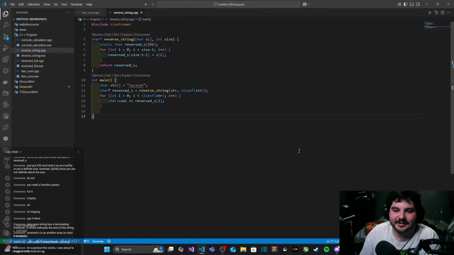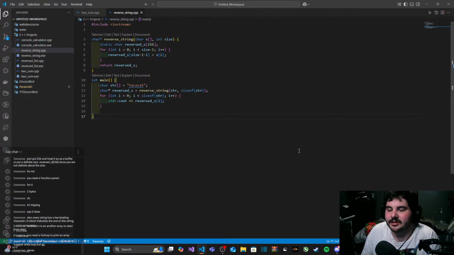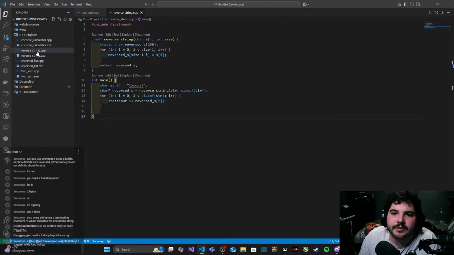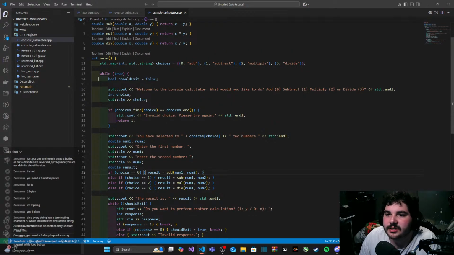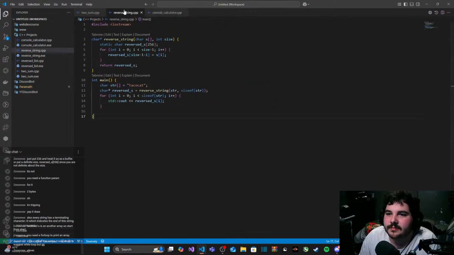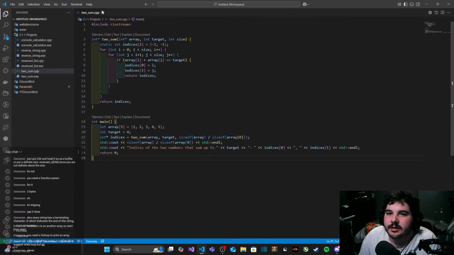All right, I'm surprised this works. I was about to suggest a while loop, but GG. I guess I could do while loops. Actually, wait a minute. I already did a while loop in one that I made yesterday on my own time. I used 2 while loops. Okay.